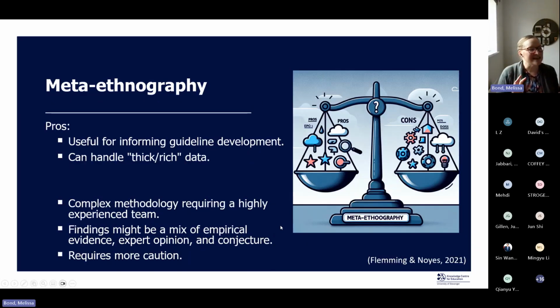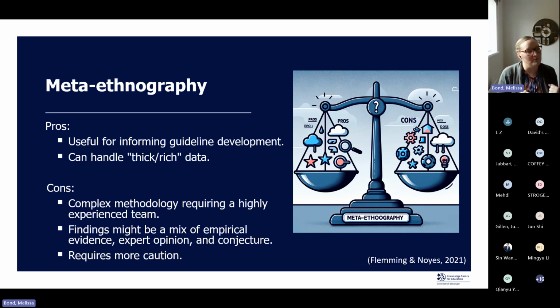This is really helpful in terms of informing guideline development, and it's a really great way of being able to handle a lot of that thick, rich, qualitative data, those quotes from your participants.